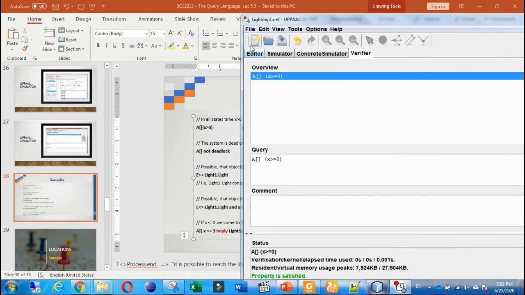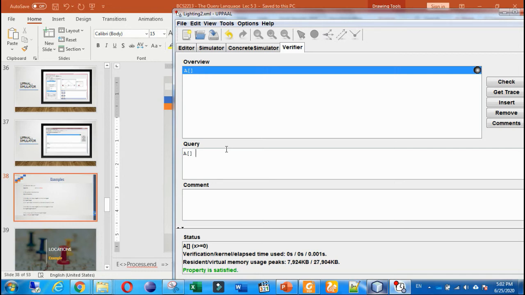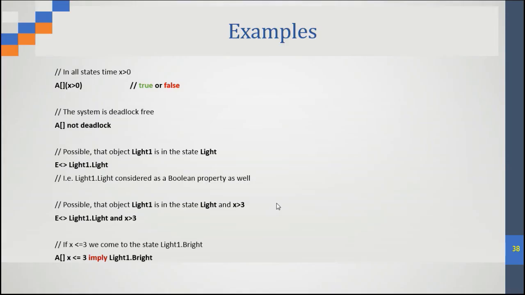If we take the second query, which is in all states, is the system deadlock free? Not deadlock free means there is some deadlock in some state. That means maybe we reach some state and we cannot go to the next state because there is no transition to the next state. So if we go back to this other example here, if we write the existential quantifier, this E, in existing path,